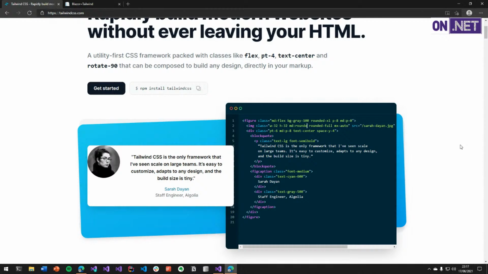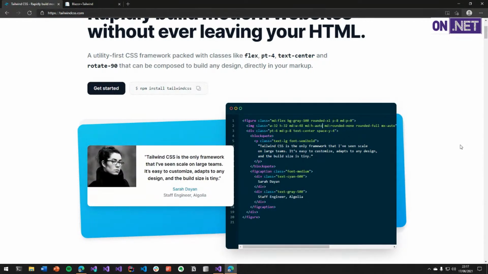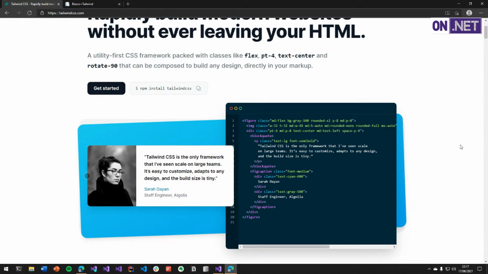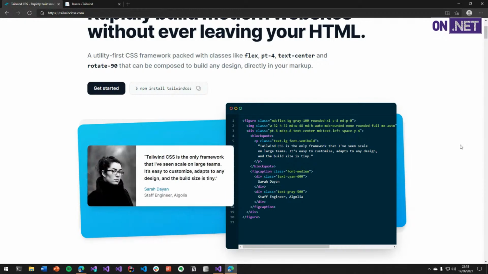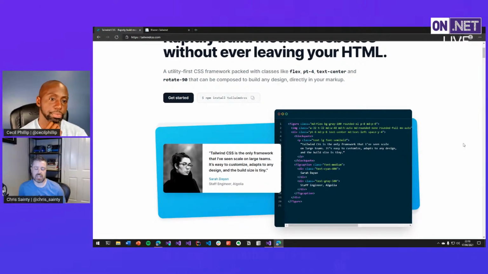The reason why I have a really big love for Tailwind CSS is because it allows you to create something that looks a little bit different, with a lot of the help you get from a CSS framework like Bootstrap, for example. One of the great things about Bootstrap is that they deal with cross-browser issues. CSS is getting a lot better now, but you used to have to do lots of very specific hacks